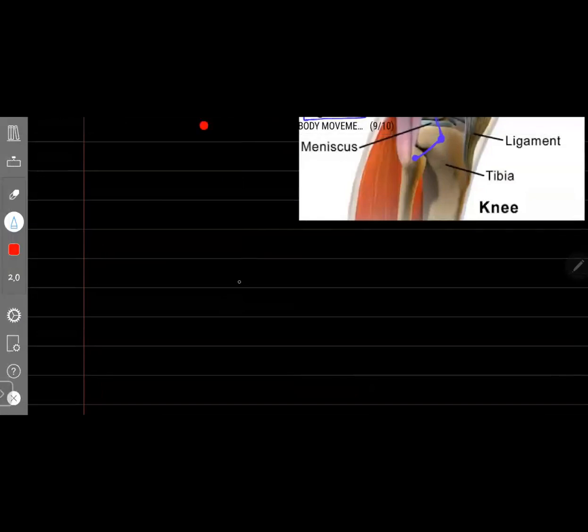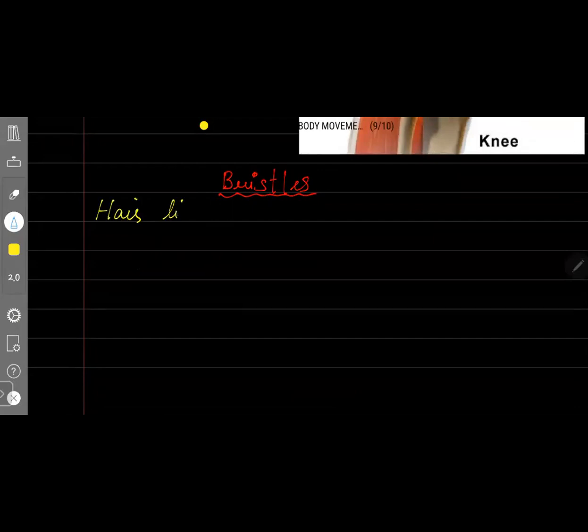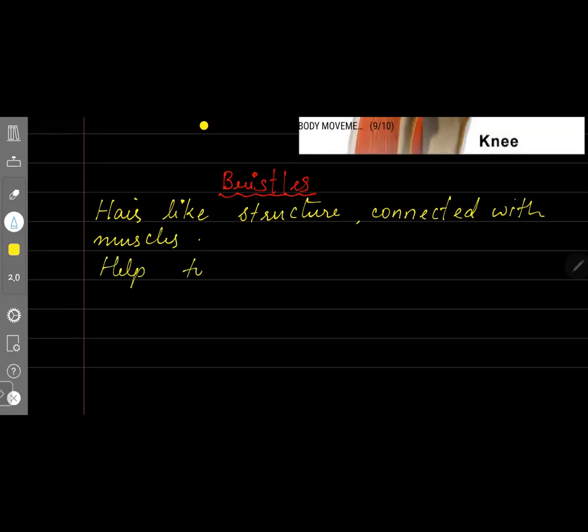bristle. Bristles will be present in earthworm, which will help in movement. Okay, they are hair-like structures connected with muscles. Now, what will this bristle do? The bristles will help to get a good grip